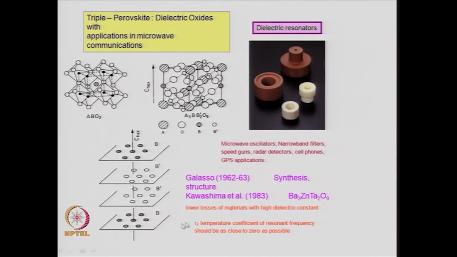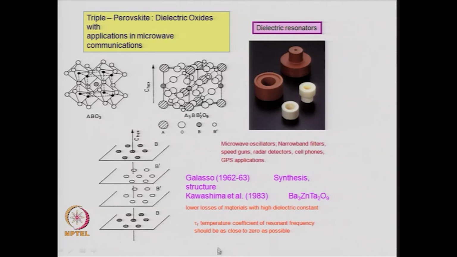So, you have layers of these metals which you are forming, say you have B atom as zinc. So, you have zinc here and you have zinc in this layer, and then in between you have the tantalum. So, the formula then becomes Ba3Zn2Ta2O9. These are very important materials known from 1983, and still they remain some of the most useful